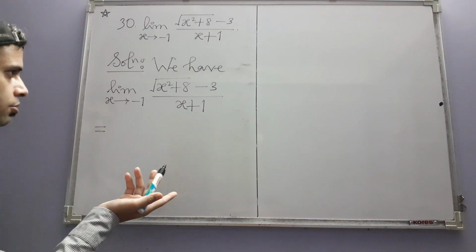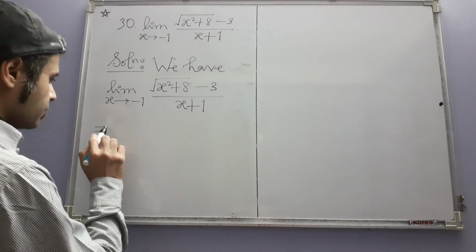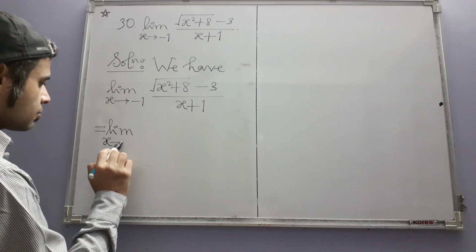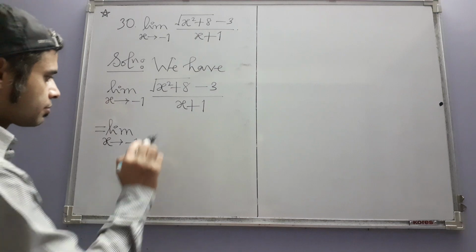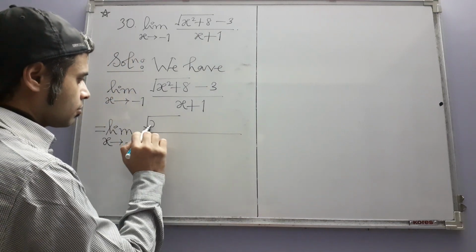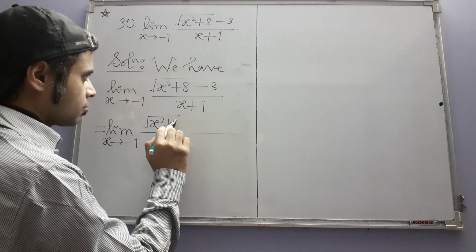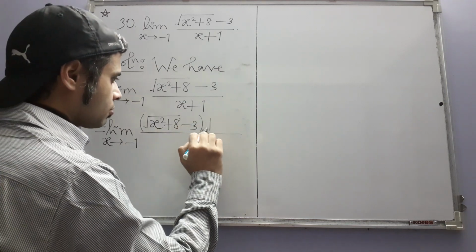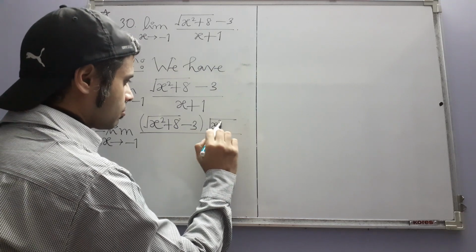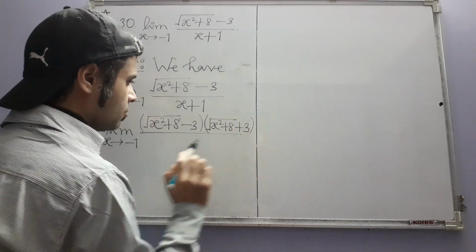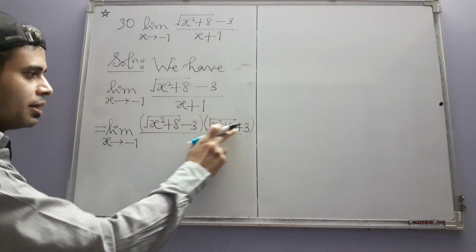So we do the usual trick, that is this. We multiply and divide by this quantity,